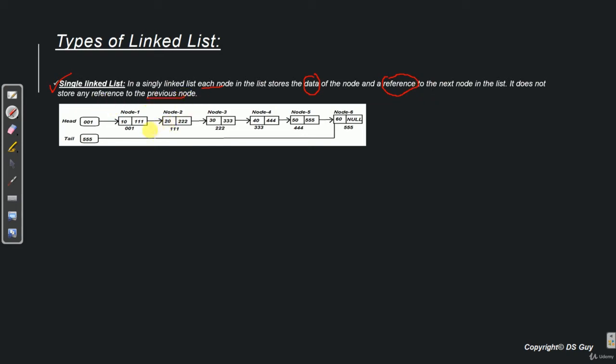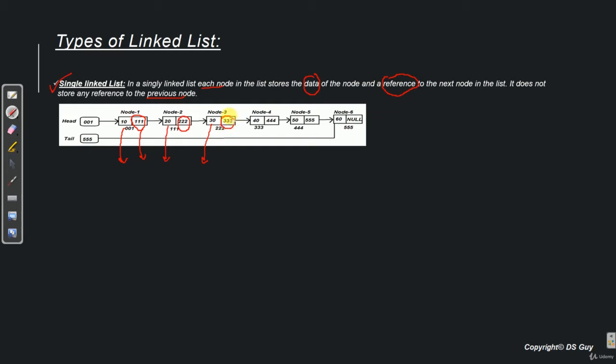So as we can see here, each node has two parts. One, it has data, which is 10 in this case, 20 in this case, 30 in this case and so on. And the second part is the reference. In this case it is 111, in this case it is 222, in this case it is 333.